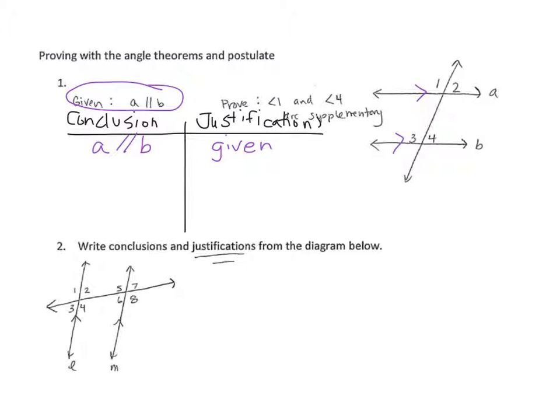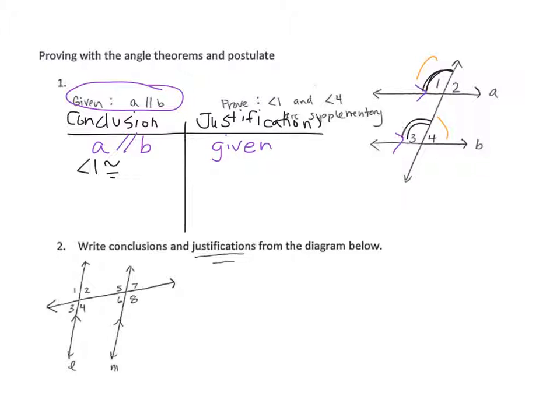I'm trying to prove that angle 1 and angle 4 add up to 180. They're not same side interior and they're not same side exterior. But from the lesson, if we have two parallel lines cut by a transversal, we have a lot of angle pairs that are congruent. So the first thing I'm going to do is work with 1 and 4 because that's where I want to end up. I'm going to pick angle 1 and say that angle 1 is congruent to